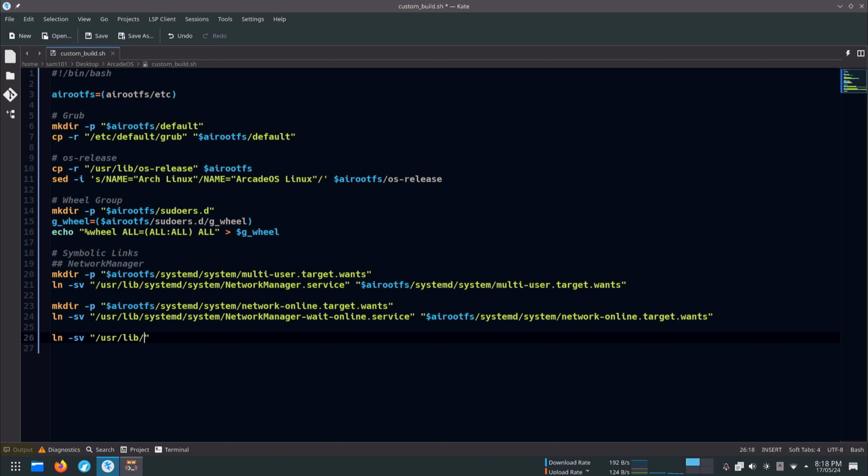This time we are going to change NetworkManager-dispatcher.service name to dbus-org.freedesktop.nm-dispatcher.service. Then create a symbolic link inside the arootfs/systemd/system directory.